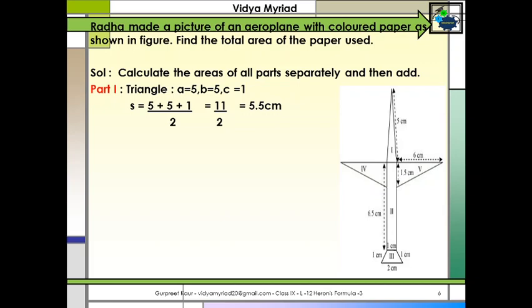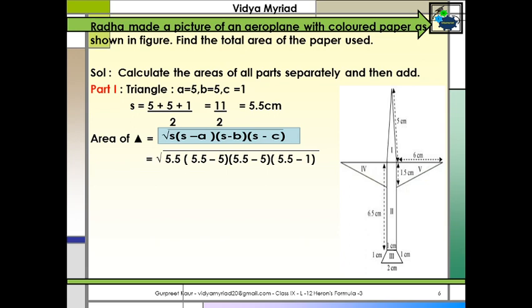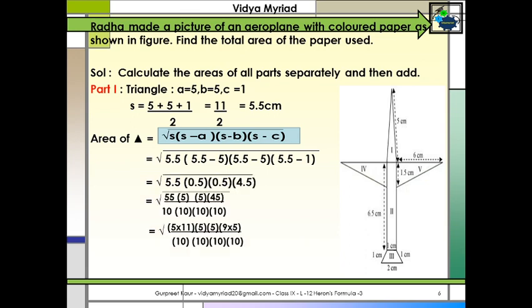I can find out the semi-perimeter, and with the help of Heron's formula, I can easily find out the answer what it is. It comes to 2.5 centimeters square. So I see it is coming in root 11. So try to convert it. You know how to find out the square roots. Use that method. You have already done in 8th class. Okay, so you can easily find out in one decimal place. So I have written it as 3.3, which comes to 2.5 centimeters square. This is the area of only the part 1.